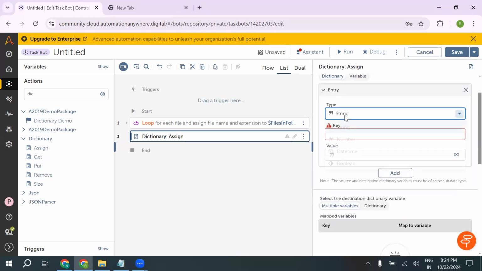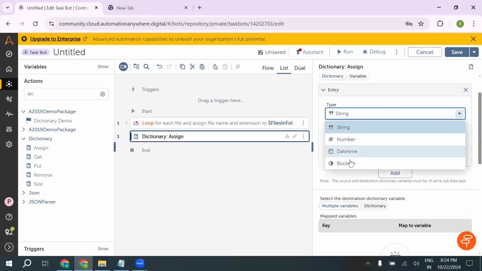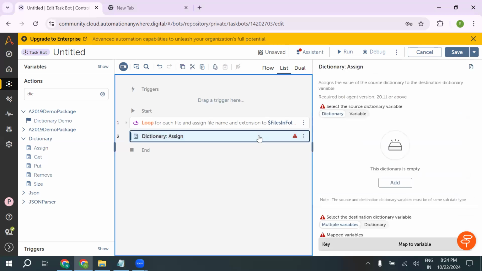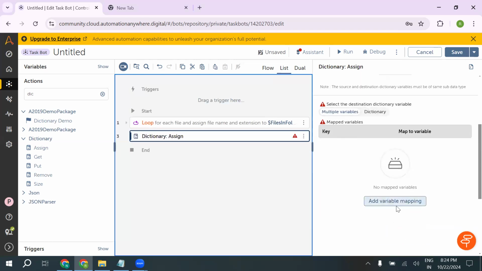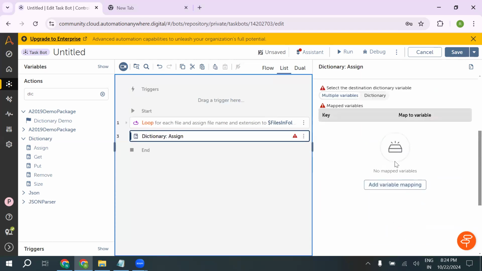You need to select your first type if you are going to store any name or any address. So likewise, we can give here our type also, number, date and time, and boolean. So we can assign here our dictionary variable using multiple data types,